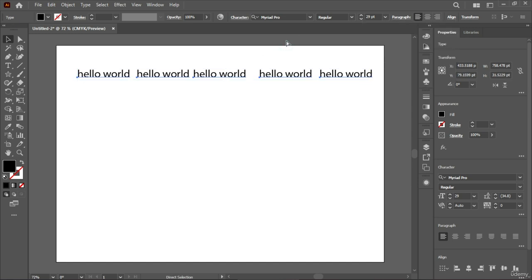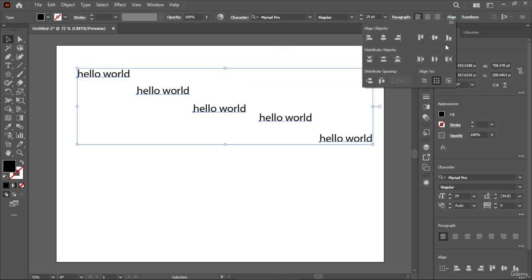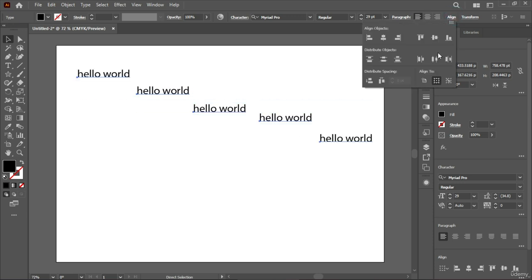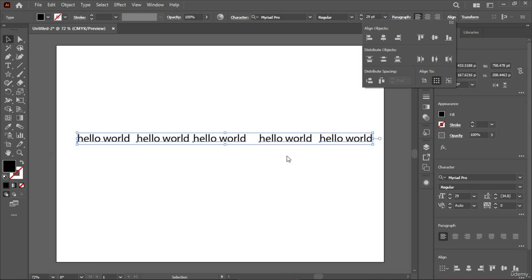Okay, let's undo that again, and now if I use vertical align center, you can see that the center word that was here is aligned with the words on the top and the bottom. Okay, after that, if I use align and then select the vertical align bottom, the bottommost word will be aligned according to our words over here. All right, now that we are done with aligning objects,